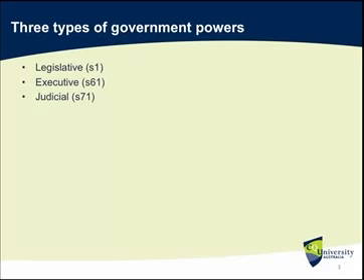So the question is, what would have happened if in Australia there were no written constitution, which would then delineate the three types of government powers? Or what would then happen in states such as the UK or New Zealand, where there is no written constitution? Does it mean that government powers don't exist? Or does it mean that there is a lot of blurring of lines of government powers, so that it is possible for a single government body to exercise these three types of powers, legislative, executive, and judicial powers?